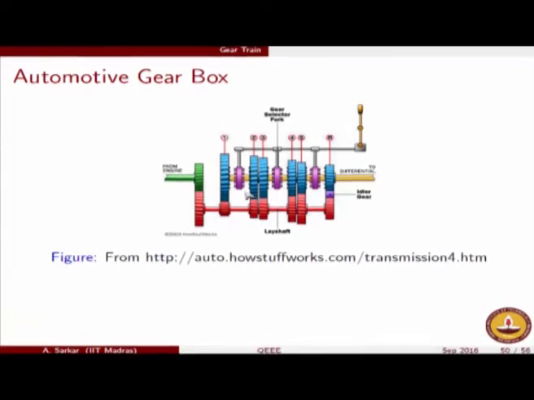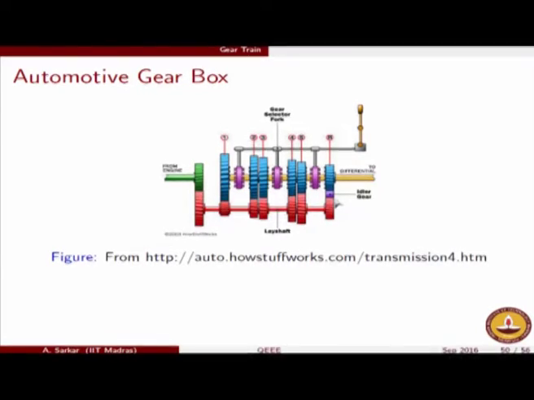For all other gear engagements, you will get the red shaft and the output shaft having oppositely directed motions. So the purpose of the idler gear is only to change the direction of motion of the output shaft, and that is how you can get a reversible motion in your output shaft, which essentially feeds to your wheels.